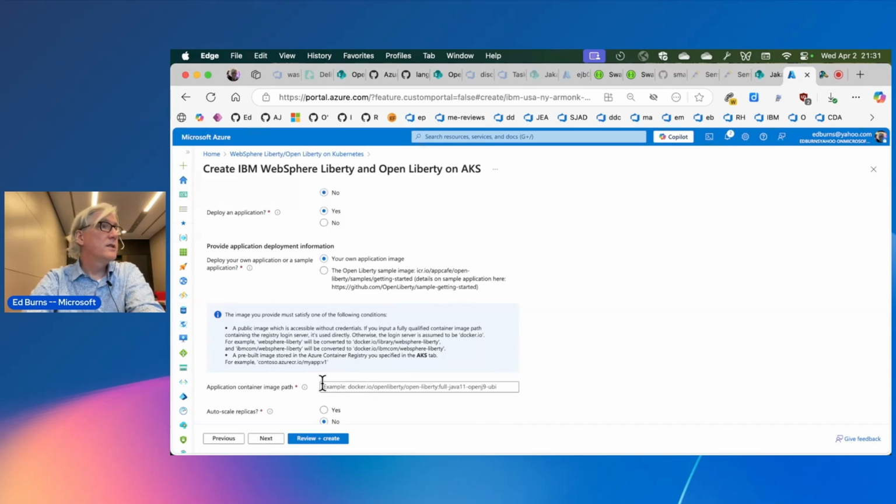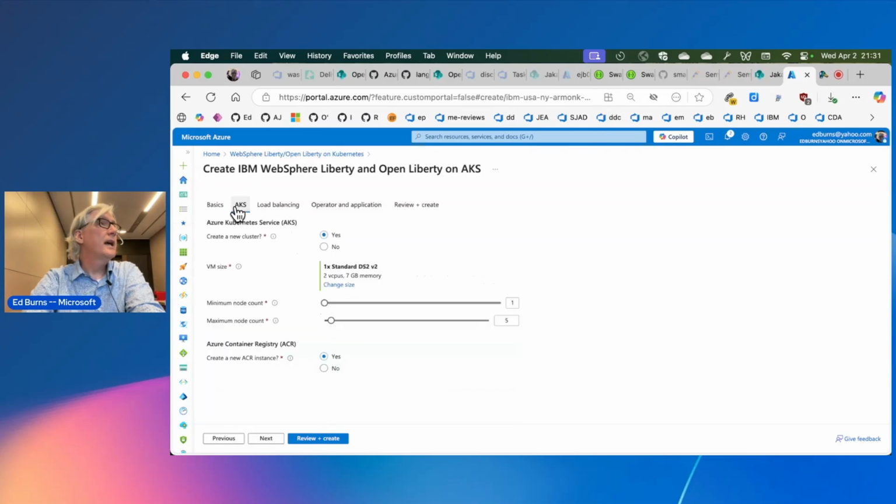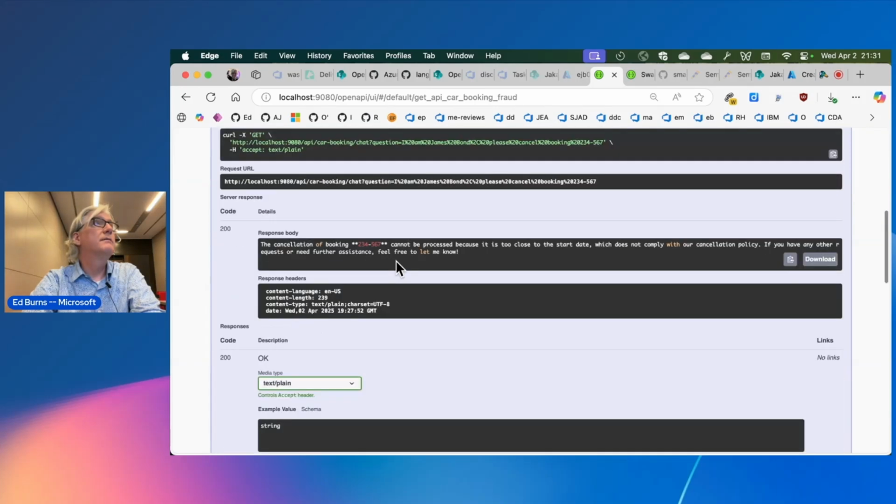So the way you would do it is pre-push the image to an Azure container registry and then specify the Docker pull string of that Azure container registry there. And when you set up AKS, you can say no to creating an Azure container registry and then point to your existing registry right there that you've pre-created. And once you've pushed that image to the registry, Liberty will be created and started up and set up behind the app gateway, and everything should be accessible, just like I showed you over on this Swagger tab here.